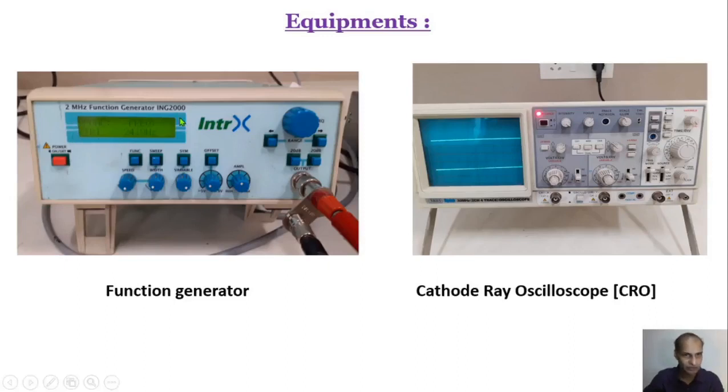This is the display screen of the function generator, where currently the function is selected as a triangular wave of frequency 2410 Hz. This particular knob AMPL can be used to increase or decrease the peak-to-peak voltage of an input signal, and this knob can be used to decrease the frequency. These two buttons can be used to change the range up and down. Function generator's output can be taken at the BNC connector and can be plugged to the cathode ray oscilloscope.